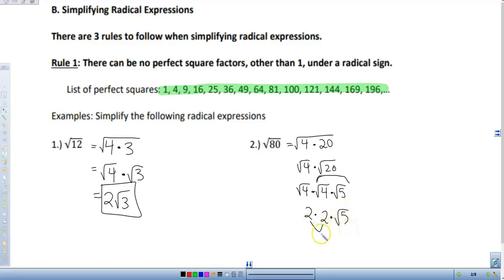And then I can multiply my 2 by 2 together to get 4 root 5. Now, if you had better number sense with your perfect square factors, you would notice that the square root of 80 is just 16 times 5. And the square root of 16 is 4. And that leaves the 5 inside. So knowing those perfect square factors really well does make it easier because you can identify the larger ones and